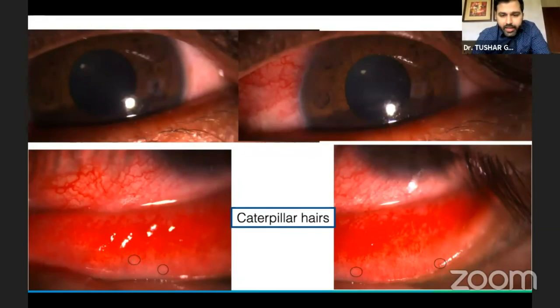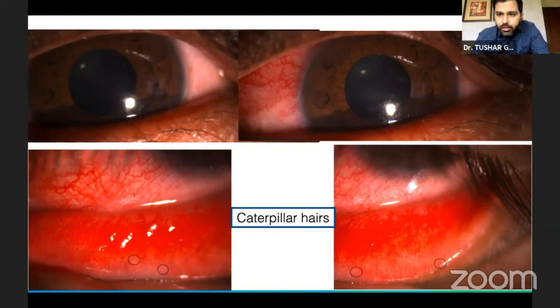conjunctiva. The caterpillar hairs in the cornea were shown, but you often have caterpillar hairs in the tarsal conjunctiva as well, and very frequently missed. You often have patients who've been treated multiple times and not recovering. The corneal abrasions are persisting. There are epithelial defects that have started to develop, and patients are just not improving. And when you just look in the tarsal conjunctiva, you'll see these caterpillar hairs which are projecting out and causing all these problems in the cornea.